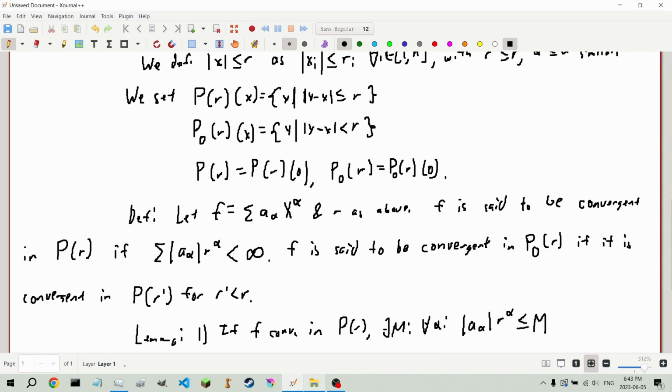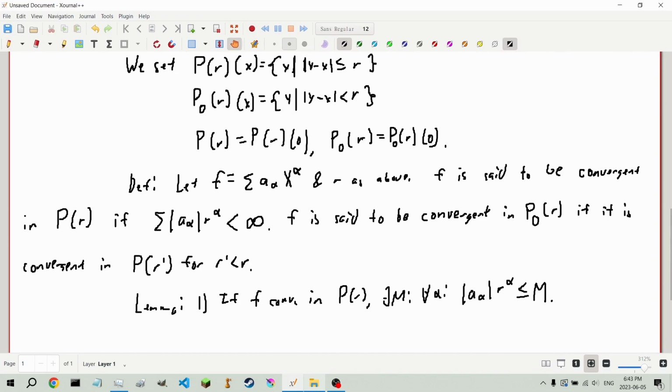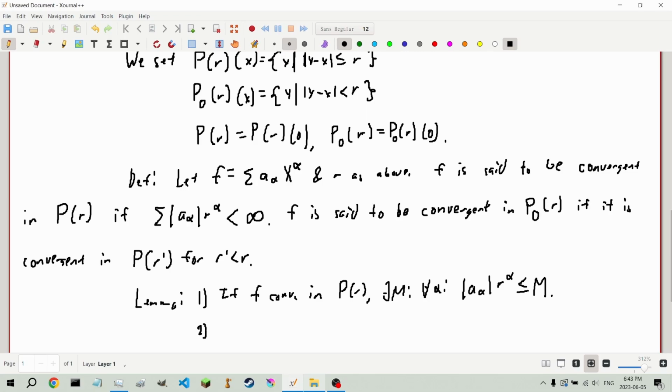So these sequences are bounded essentially. And likewise, our second part is, if there exists a constant m such that the previous equation, that is the absolute value of a_alpha times r to the alpha is at most m, holds for all alpha,